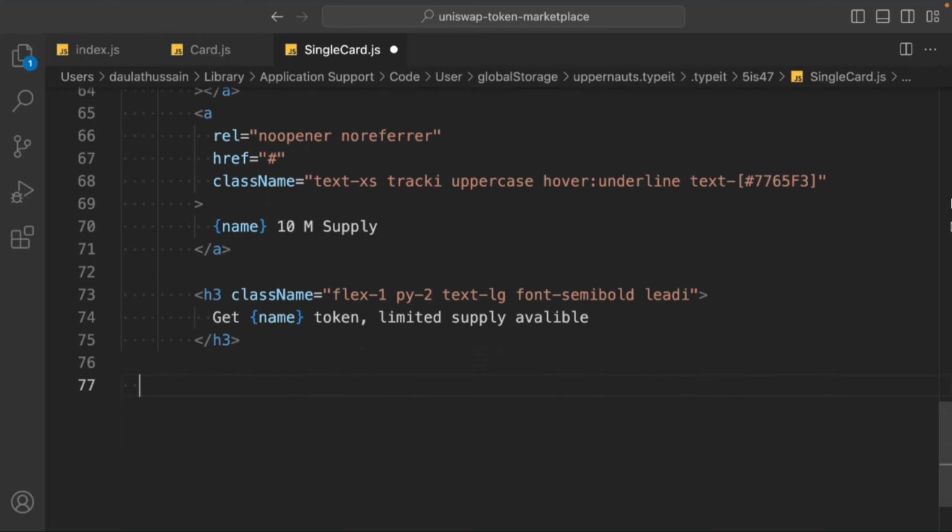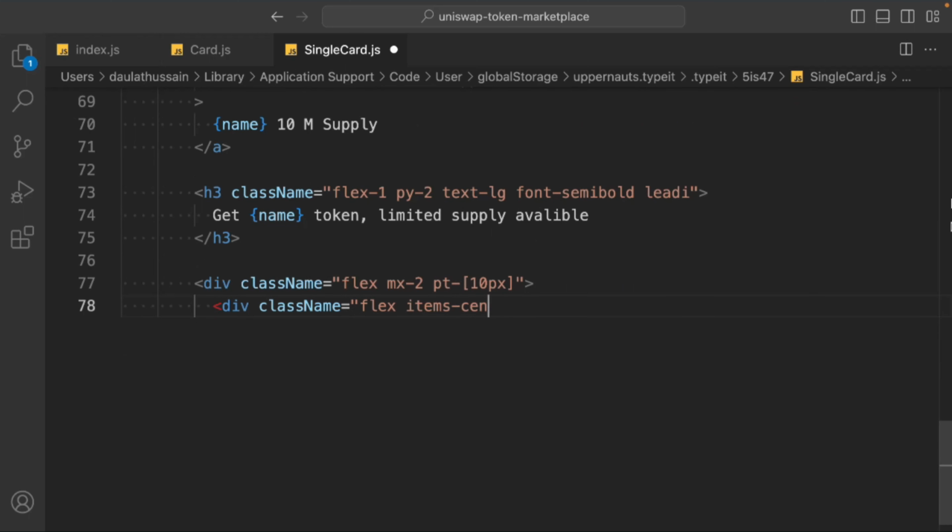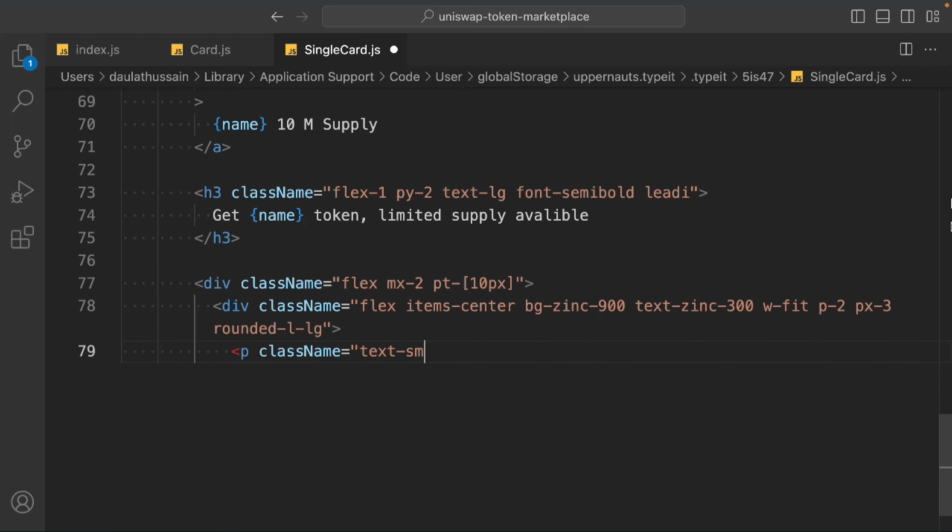Then you can come back here, we'll take a div, it will have a class called flex, margin x 2 pixels, padding top 10 pixels. Inside the div, we'll take this div, it will have a class called flex, items center, background zinc 900, text zinc 300, width fit, padding x 3 pixels, rounded left large. Inside the div, we'll take the p, it will have a class called text small, we'll display the name of the token,